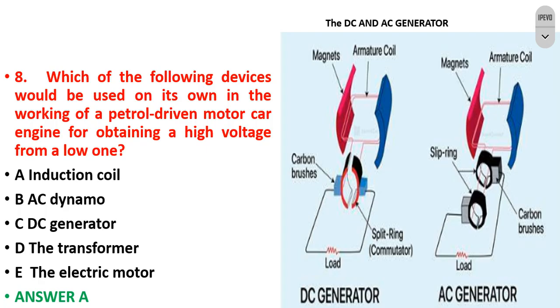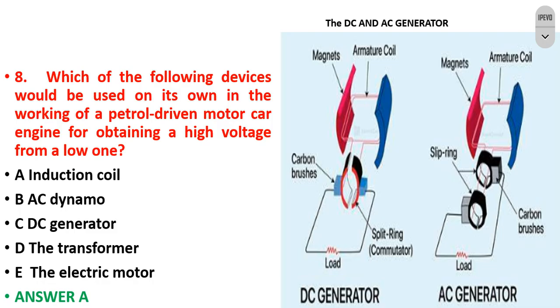The AC generator has a load on it. For the DC generator, we can as well apply a load. So the only difference is in the slip ring and the split ring, or you call it the commutator. Every AC generator has the slip rings, while the DC generator has the split ring or the commutator. So this figure tells us that if I am converting an AC generator to a DC generator, all I need to do is to replace the slip rings of this AC generator by the split ring,